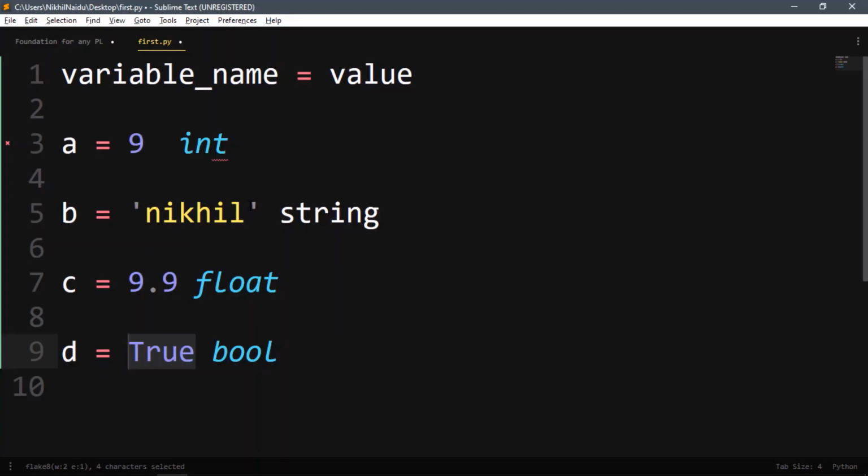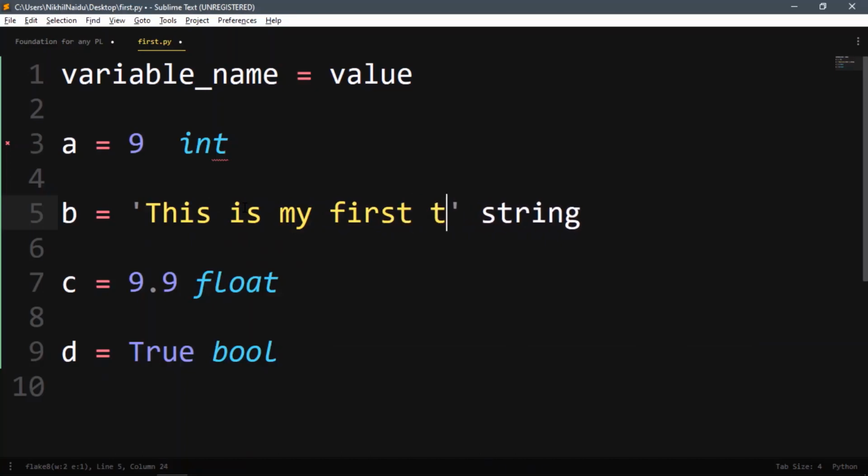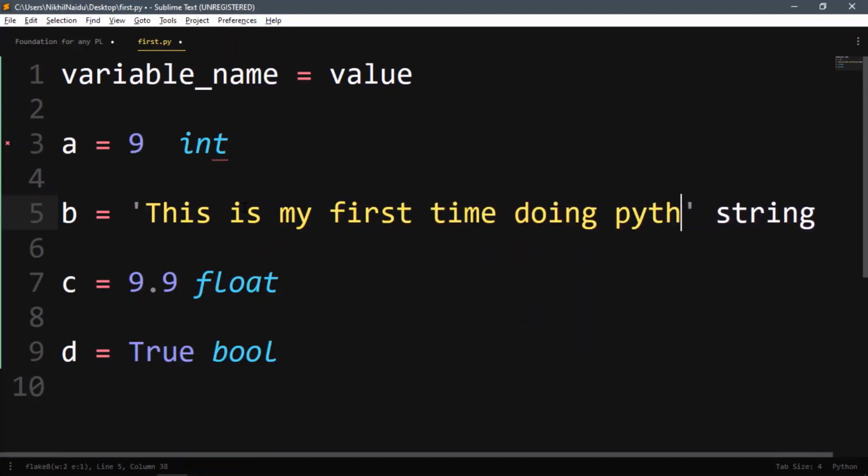But in a string, you see there are quotes, single quotes, and in between it can have anything. So this is my first time doing Python. See, now b is a variable which has the value "this is my first time doing Python."